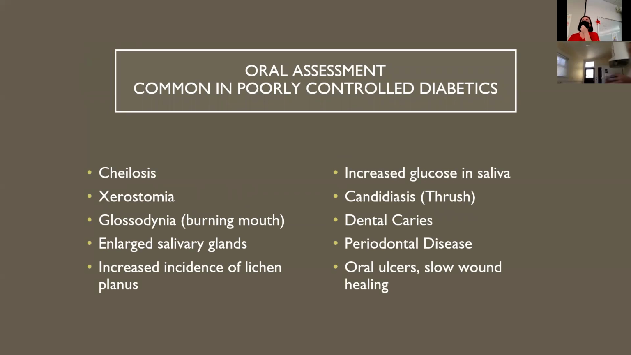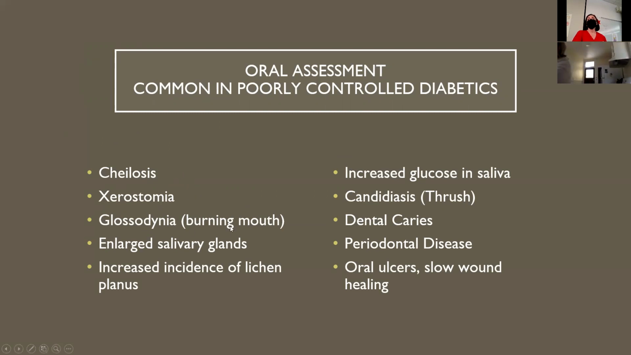So some oral assessments, these are things that you'd see generally in poorly controlled diabetics, but you could see them other times as well. But with the diet, like 37% of the population is usually well controlled. So that's a large part of the population that are technically poorly controlled diabetics. Angular cheilosis or cheilitis,